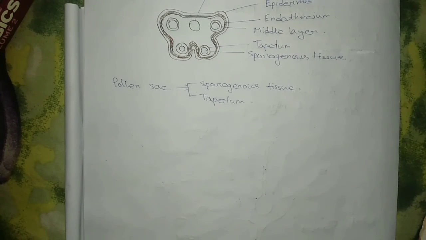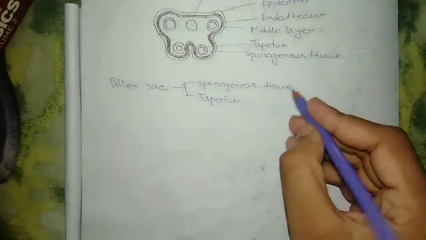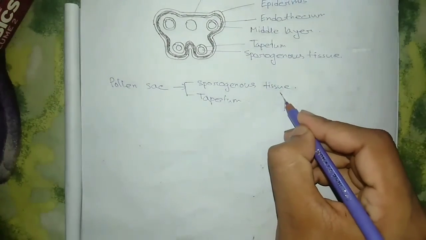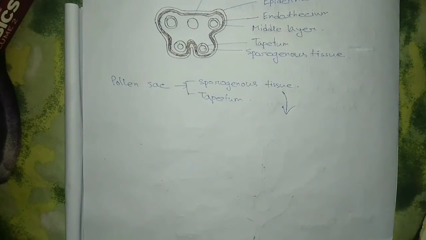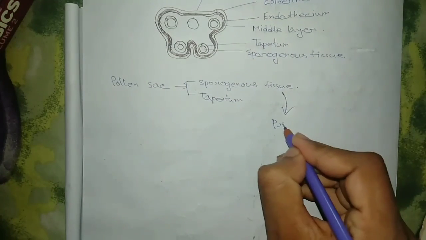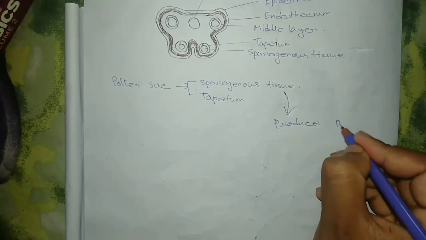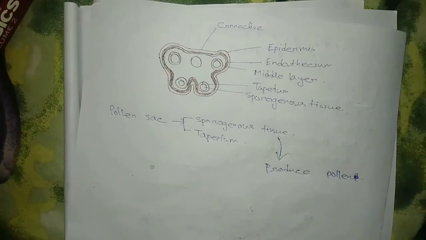Now I will talk about microsporogenous tissue. It takes an important role to produce pollen. First of all, a sporogenous tissue cell is 2n, that is diploid. It is divided and produces 4n. That means from a cell